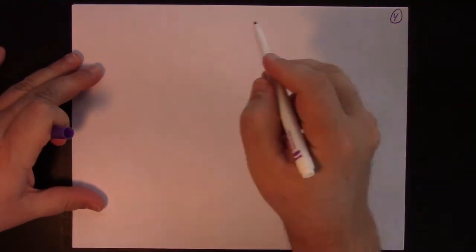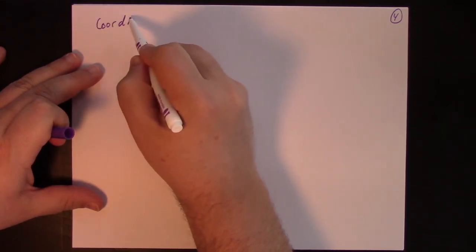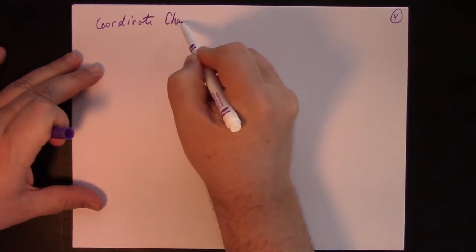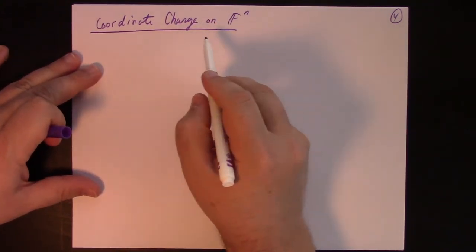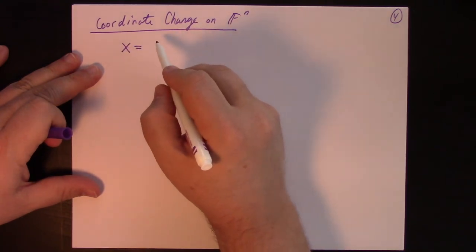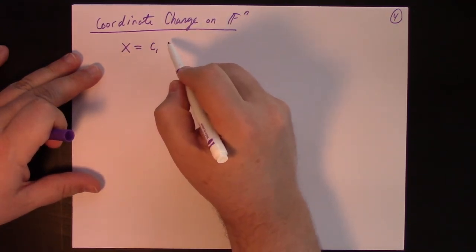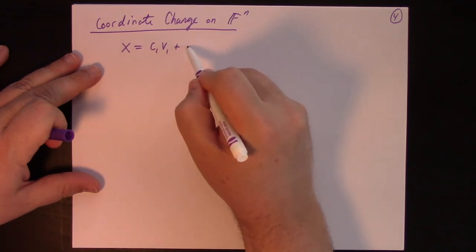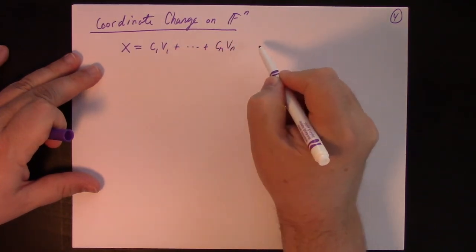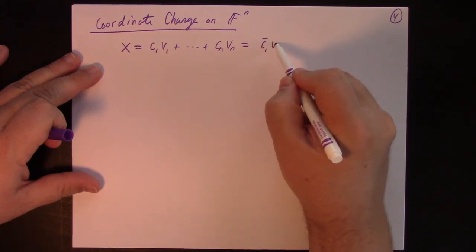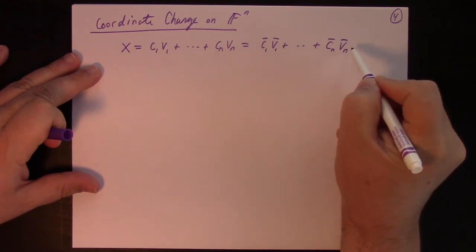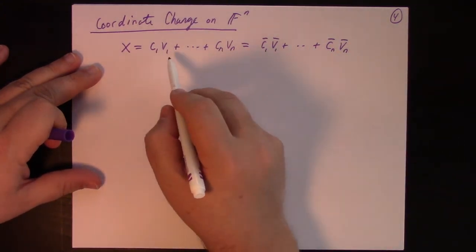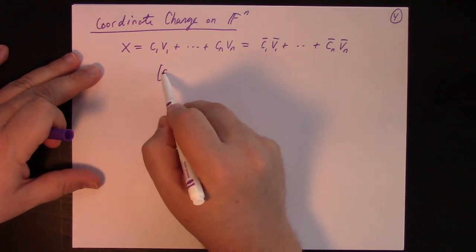Now, let's turn the page here. What about column vectors? Coordinate change for column vectors. Coordinate change on F^n is easier, because if we have x equal to c1 v1 plus dot dot dot plus cn vn, and it's also equal to c bar 1 v bar 1 plus dot dot dot plus c bar n v bar n, then on F^n we can rewrite this as the matrix c1